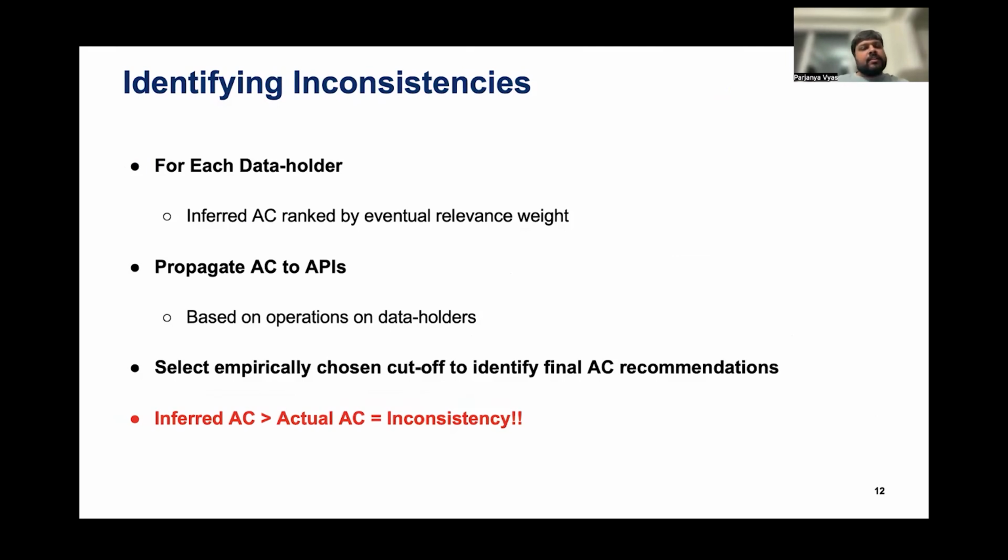Finally, to identify the inconsistency, each of the data holders contains a ranked list of final access control annotations, with the ranking relevant to their eventual relevance weight. So we propagate these access controls directly to the APIs that operate on these data holders, and then we compare these access controls with the actual access control that exists. If the inferred access control is stricter than the actual access control that exists, we flag this